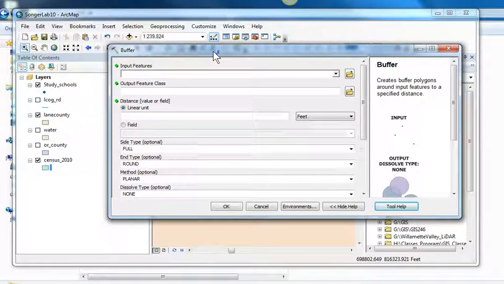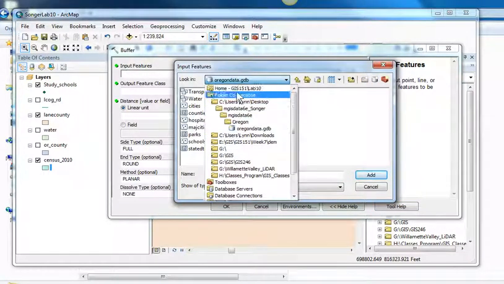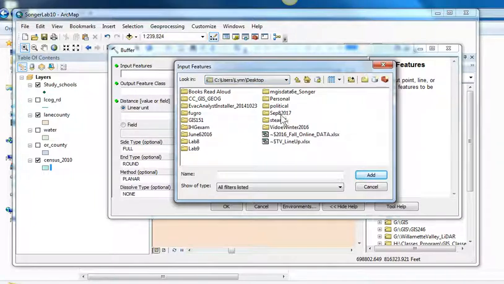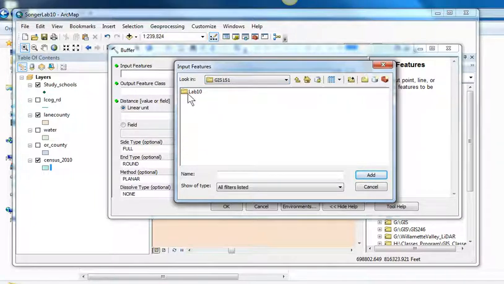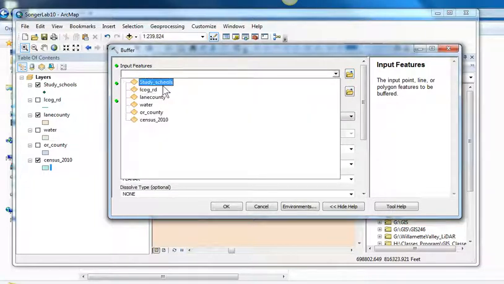So the input feature is those points. What is it I want to buffer? And I could buffer a line, I could buffer anything. I can do that by navigating to my folder. And I'm looking in here, and in here, and in here. So I could choose my study schools from here, or because they're in my table of contents, I can use the drop-down menu and just pick my study schools from there. So I'm going to buffer my study schools,